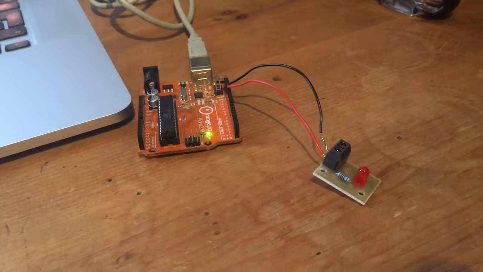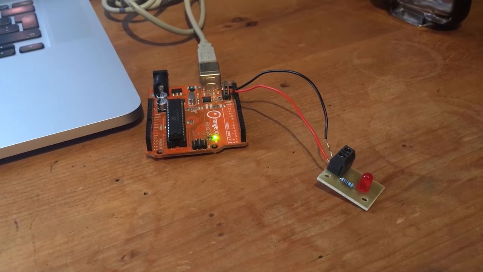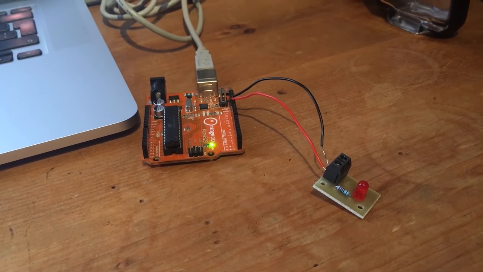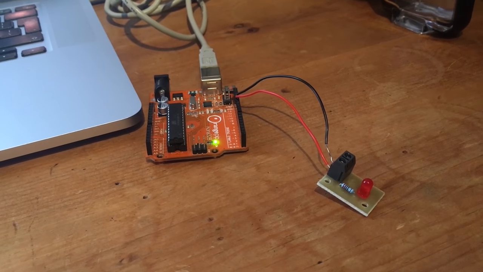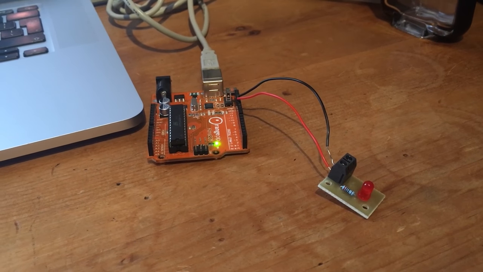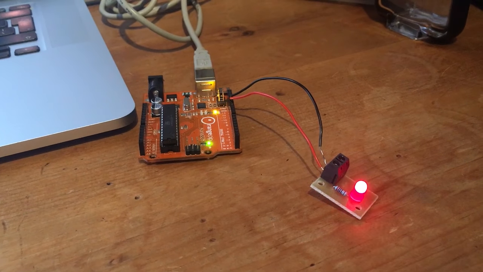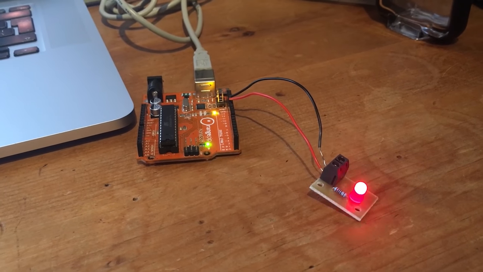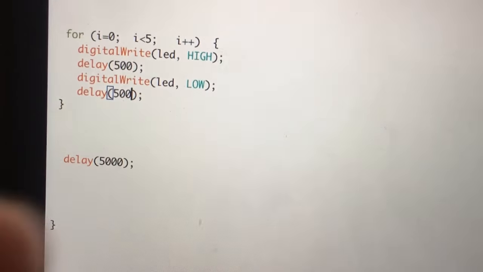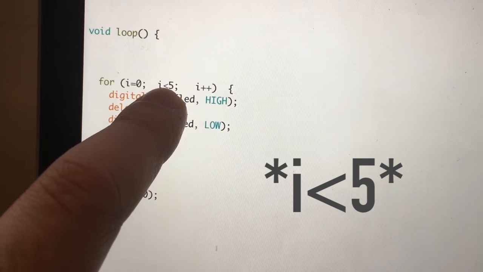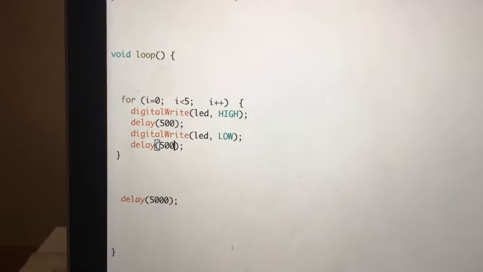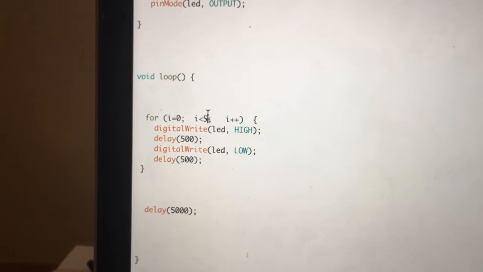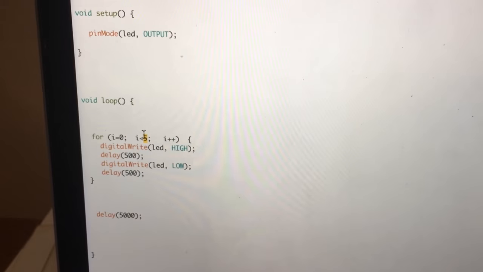So we've got 1, 2, 3, 4, 5 LED flashes, then a 5-second delay. Once the 5-second delay is over, we'll go back to the start of the void loop and we'll see our LED flash again 5 times. And that is thanks to our for loop, and because we've got I equals 5 here, we're going to loop 5 times. So if we change this number to, let's say, 10,